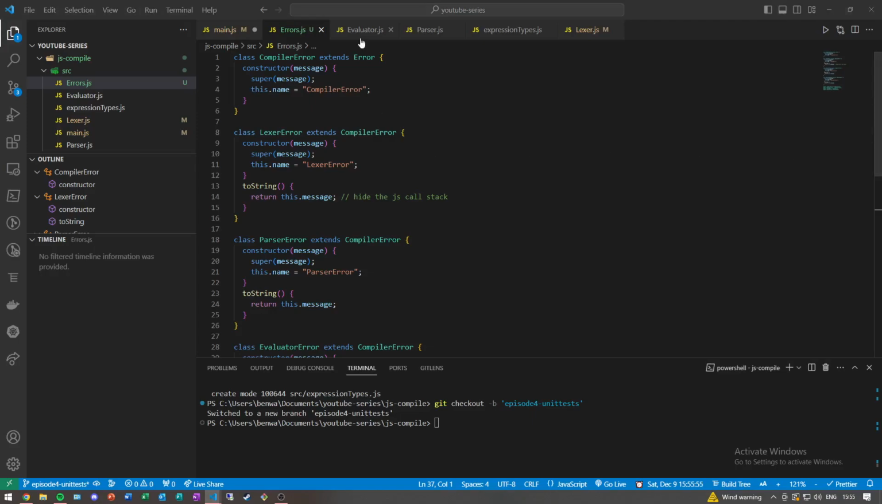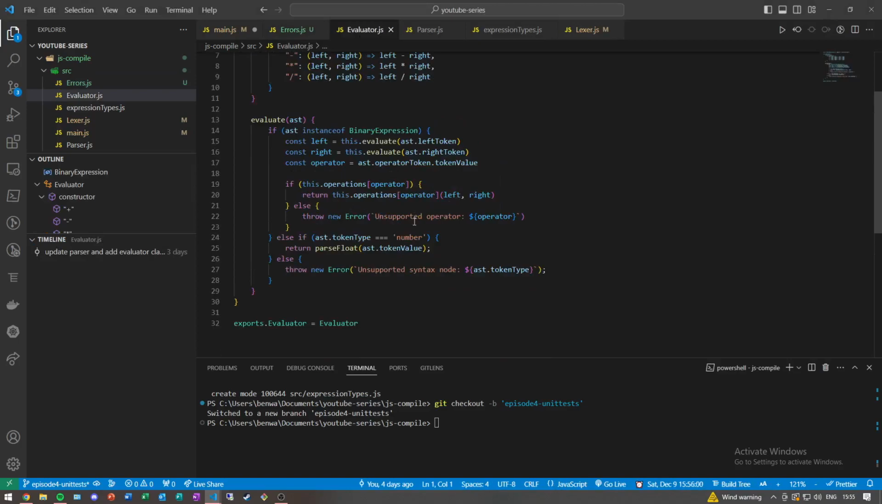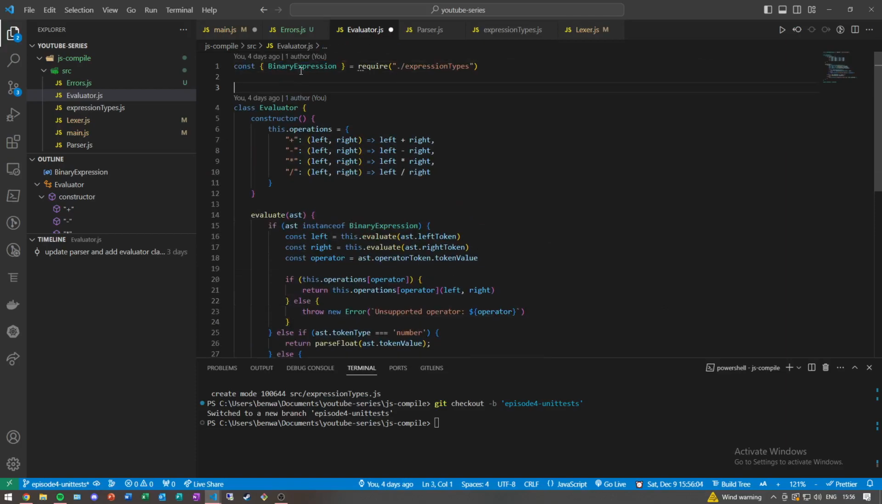Now let's actually put these errors in. So we've got our evaluator here. You can see we're just throwing a new error. But if we import our new error,